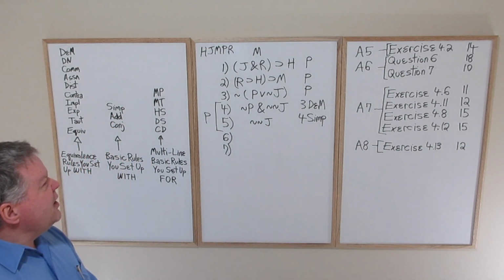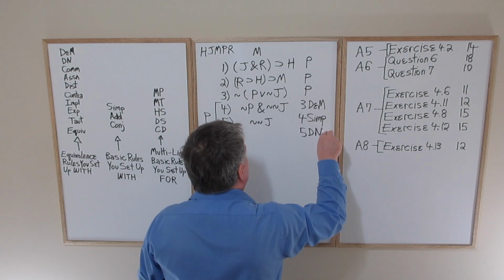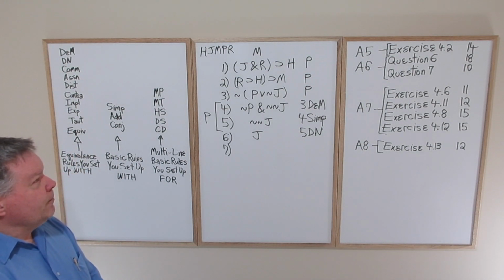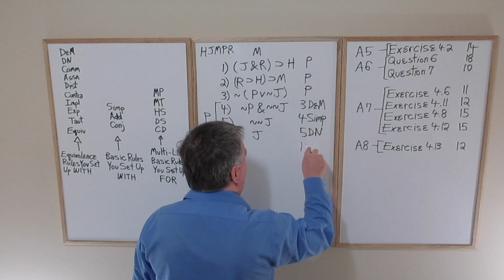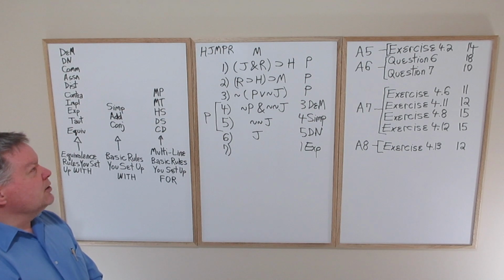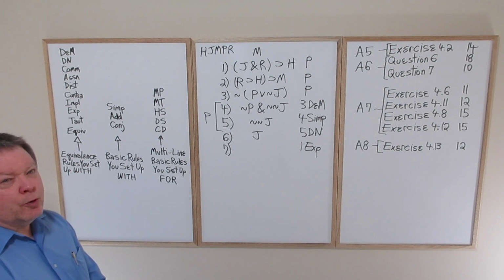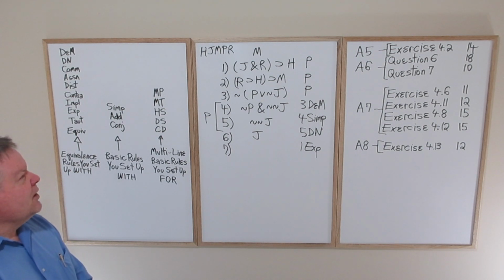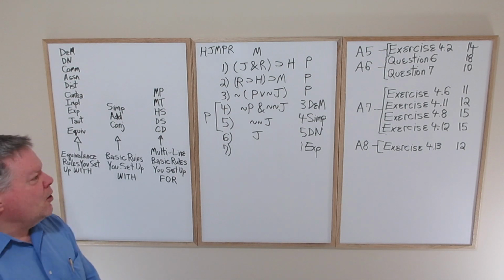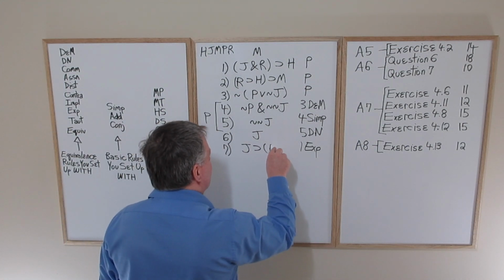If you notice, J is just by itself in line 1, so it won't hurt to do a neatening up of tilde tilde J to convert it to J. What we need to do at this point, and this requires familiarity with the rules, is an exportation on line 1. Look at the template, P and Q horseshoe R. Exportation entitles you to validly infer if P, then if Q, then R. In this example, if J, then